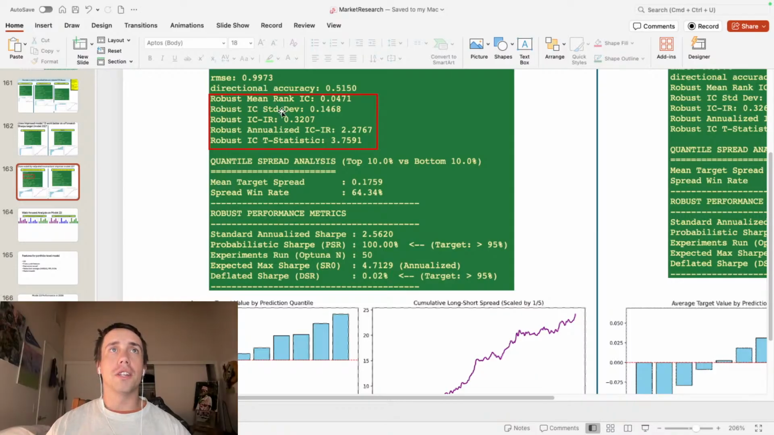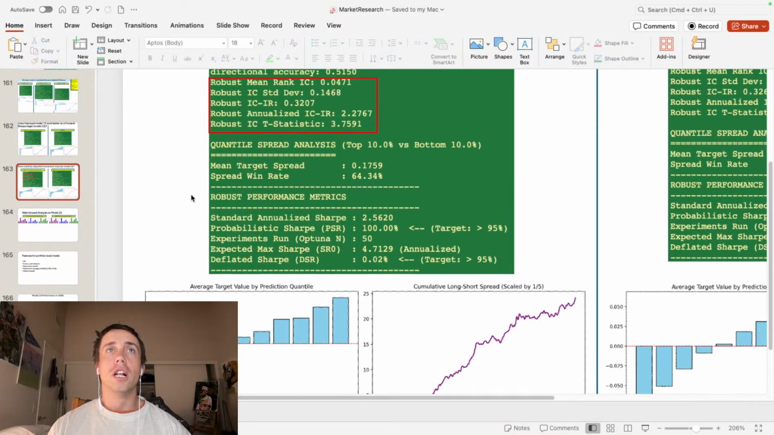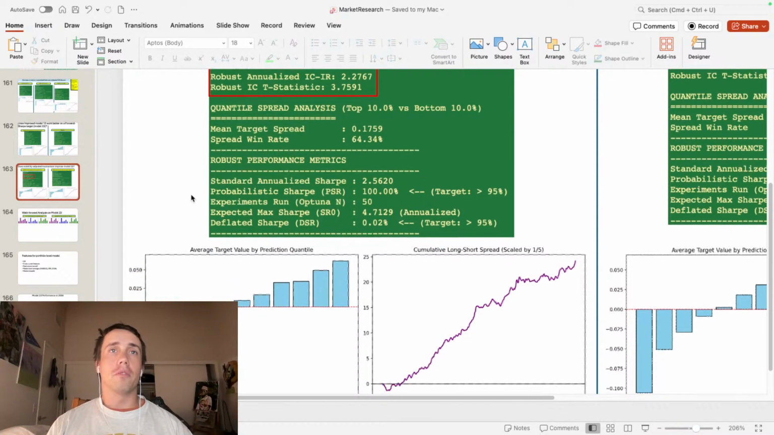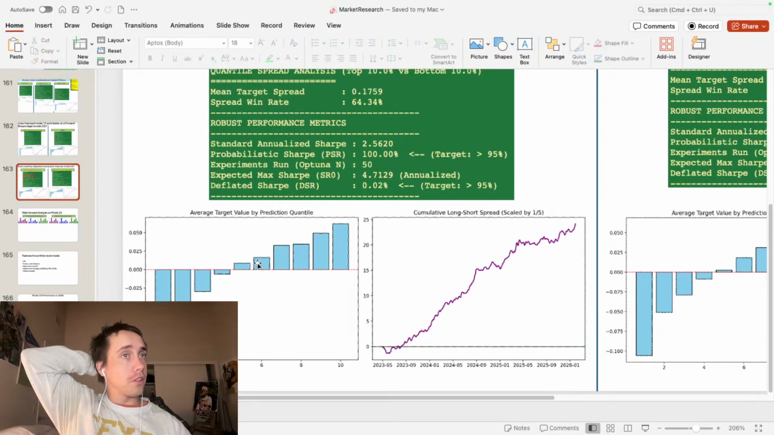But these next four metrics are telling me the predictive power, and I'm at the threshold for the standard deviation of the information coefficient. Information coefficient to information ratio is larger than my goal by about an order of magnitude, both on a daily and annual basis, and my T statistic is about double the metric I'm looking for. So it's hitting or beating all of the metrics that I'm going for, so I can conclude that it's sufficiently powerful